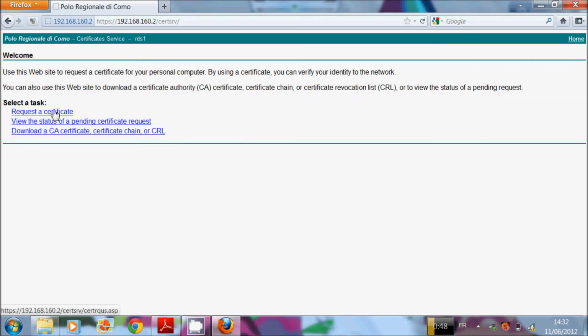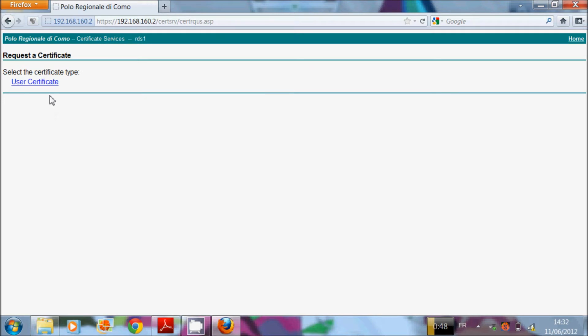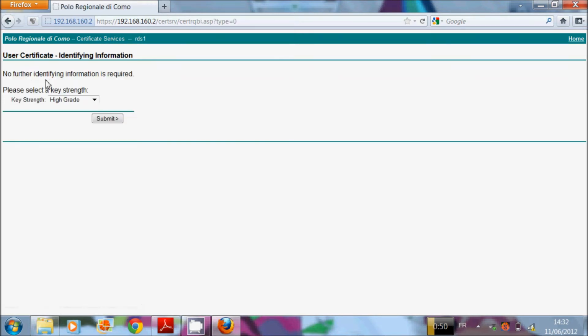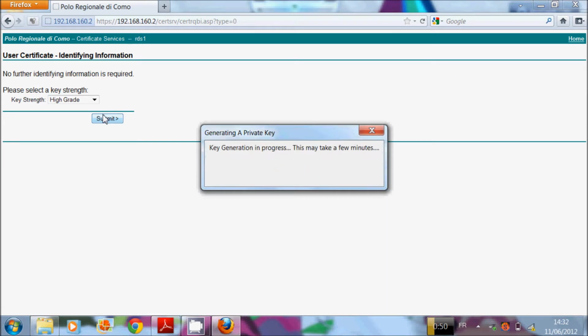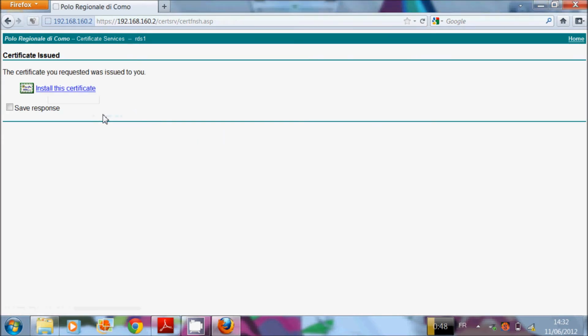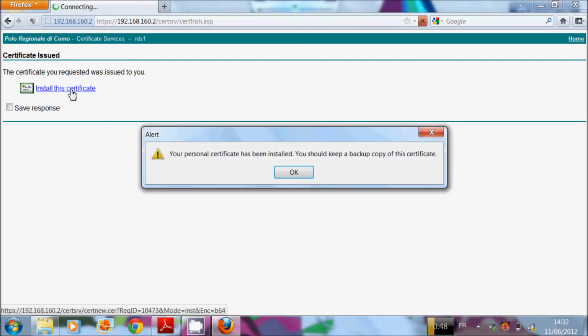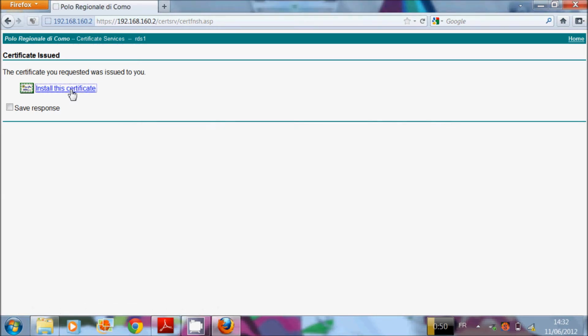So we have to request a certificate, a user certificate. A high grade is okay, and we have to submit. Few seconds, and the system will generate a key, and then we will have our certificate. Once it's this page, you have to install the certificate,